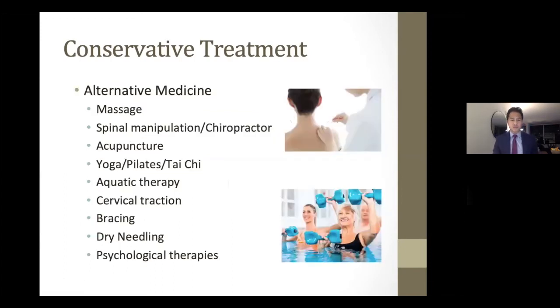Moving on from medications and physical therapy, other alternative treatment options that have been studied in the literature and shown to help in varying degrees are massages, spinal manipulations and seeing a chiropractor, acupuncture, yoga, Pilates, Tai Chi, aquatic therapy, cervical traction, bracing, which a lot of studies have shown has not helped as much, dry needling, which involves placing small needles into areas of the muscle that are resistant to healing and stimulating blood flow in that area, and then psychological therapies, which again ties back to the psycho and social aspect of people experiencing neck